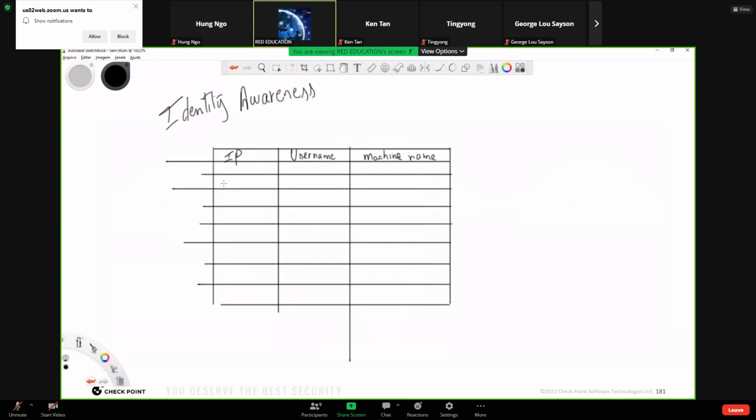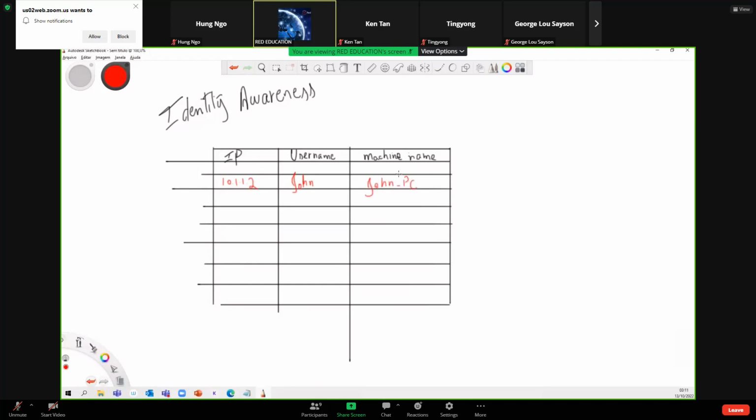So let's say John. Let's put another color here. John, with the IP 10.1.1.2, with the PC name John PC